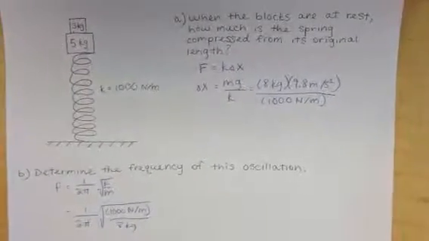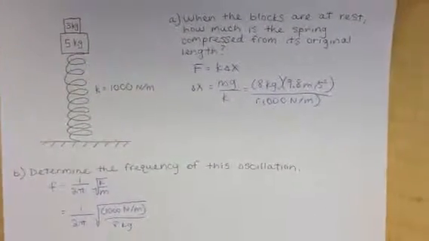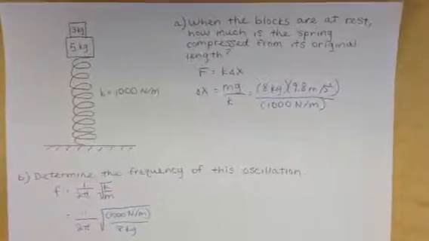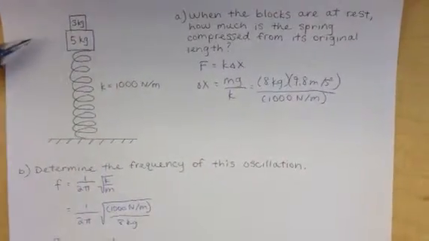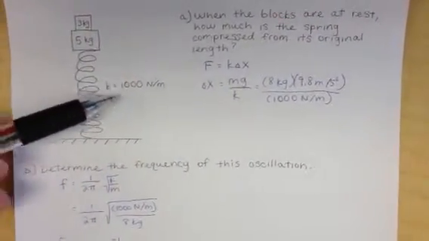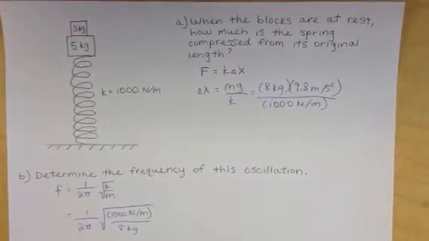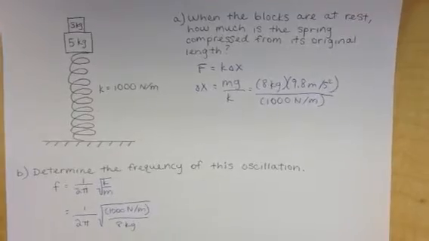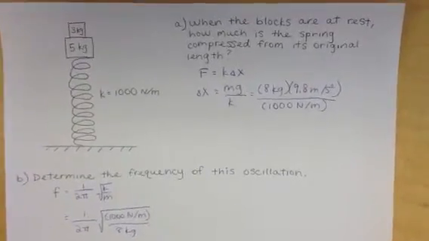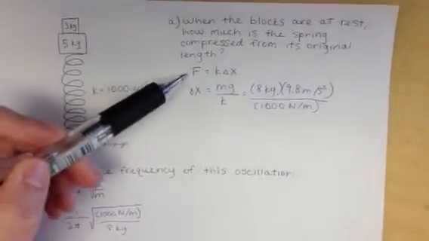Okay, so for problem 6-7, you're given a spring and two blocks, one of 5 kilograms and one on top of 3 kilograms, with a spring constant of 1,000 newtons per meter. For part A, it says when the blocks are at rest, how much is the spring compressed from its original length? So all you have to do for this is use the formula for spring force, which is F